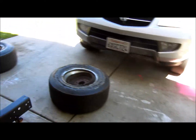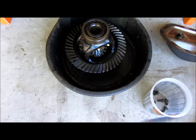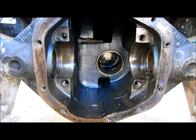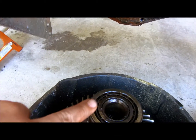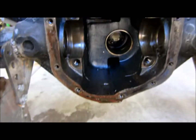Cheap though. Got the carrier out, sitting down in my oil pan there. Let's see. Everything's really clean in here. It's just the broken teeth on the pinion that is the whole reason I have this apart. These bearings are a little rough, so maybe it's a good thing that I pulled it out now. So I put new carrier bearings in it, new pinion bearing,